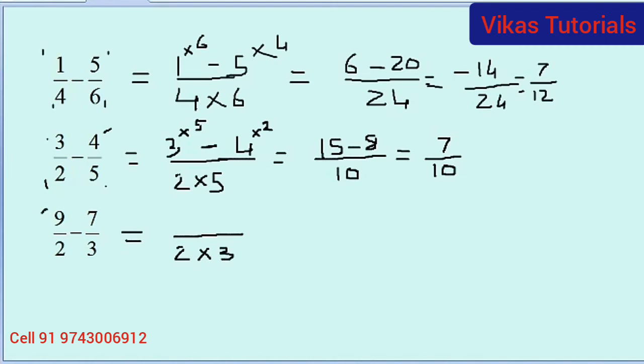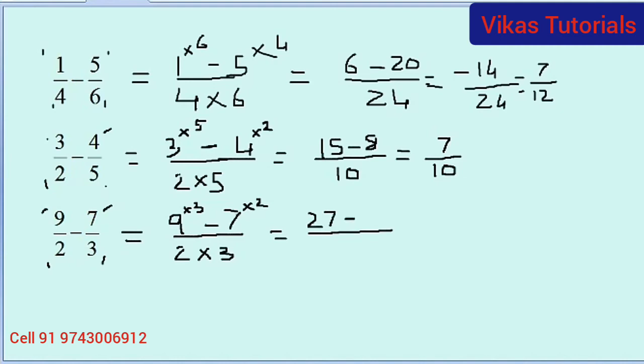Then numerator of first number multiplied by denominator of second number, 9 into 3, minus numerator of second number multiplied by denominator of first number, 7 into 2. So this equals 9 3s are, 9 3s is how much? 27